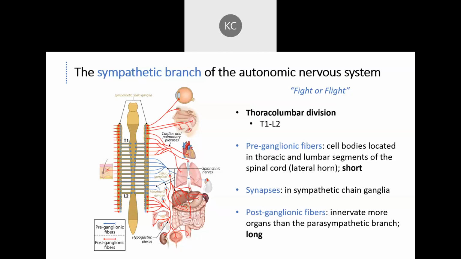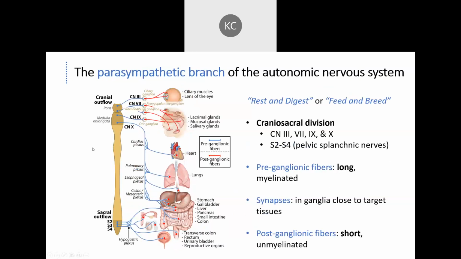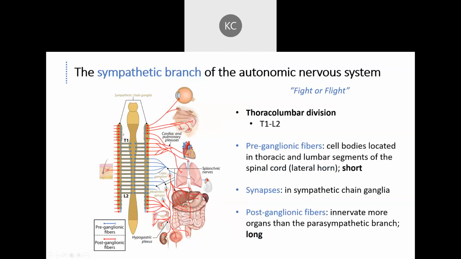The big thing with the sympathetic, or one of the big things, is something called the sympathetic chain, right? So here you see brainstem, here you see spinal cord in the middle, and then off to either side you see this structure here. In parasympathetic, you don't see it, right? But in sympathetic, you see this long structure here. This is called the sympathetic chain,